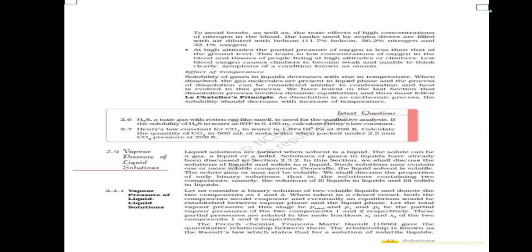These partial pressures are related to the mole fractions x1 and x2 of the two components 1 and 2 respectively. The French chemist François-Marie Raoult gave the quantitative relationship between them. The relationship is known as Raoult's law, which states that for a solution of volatile liquids,